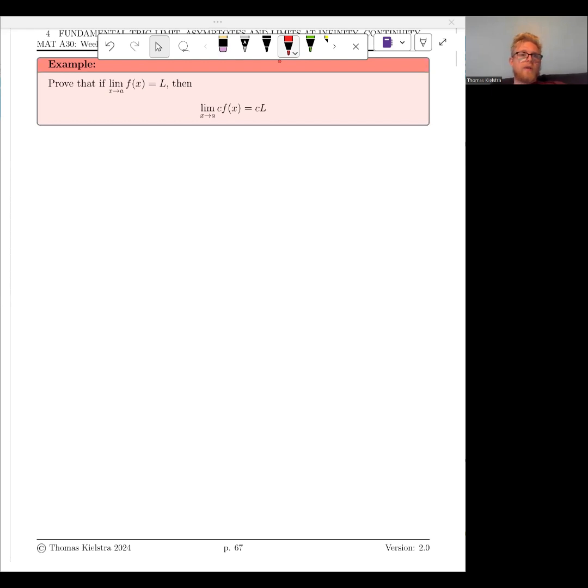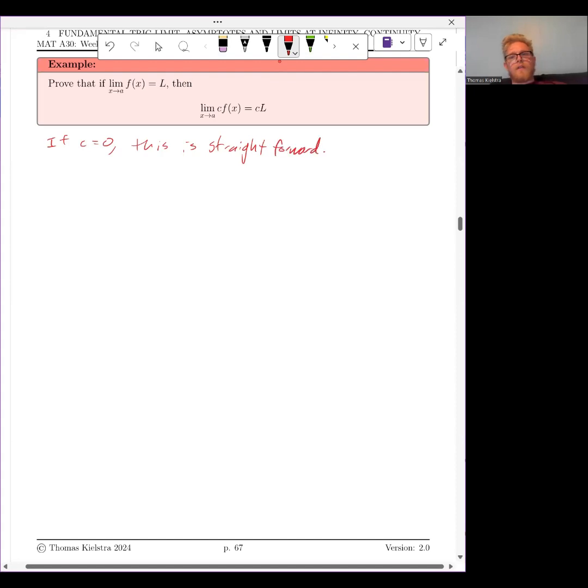Now, if c equals 0, this is straightforward, so we'll ignore this for now. Given the limit as x approaches a of f of x equals L,